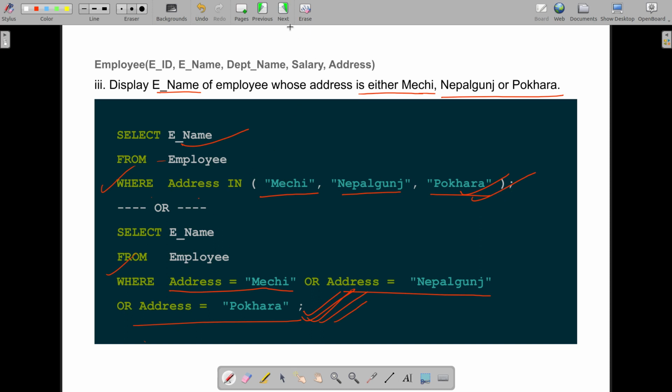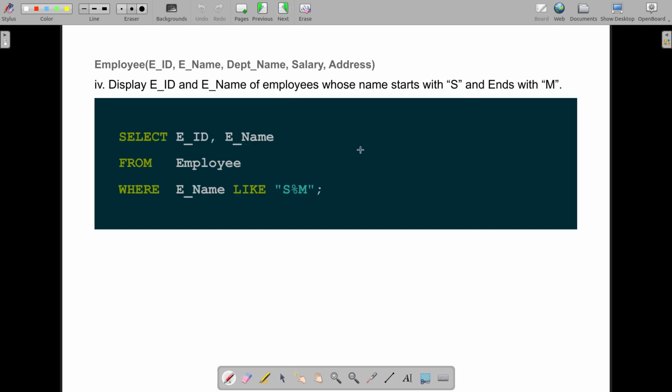So let's go to question number 4, which says employee ID and employee name of employees whose name starts with S and ends with M. In such cases, the best is to use like and the pattern. You can also use substring or other string operations, but in such cases, using this is much simpler.